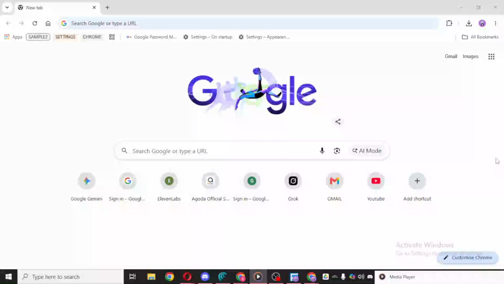In today's video, I'm going to teach you how to use Google Chrome. We'll keep this simple and practical so you can feel comfortable using Chrome for everyday browsing. To begin, open Google Chrome on your device. Once it launches, you'll see the main browser window appear. This is where you'll do everything from visiting websites to searching for information online.